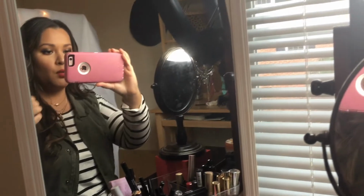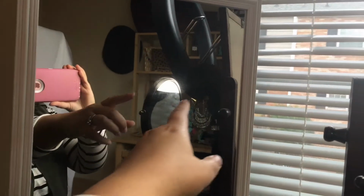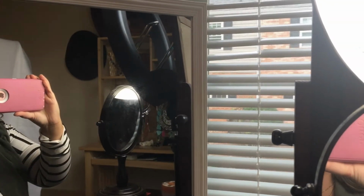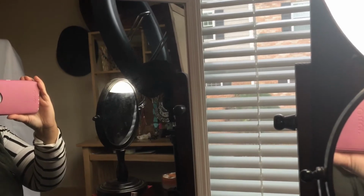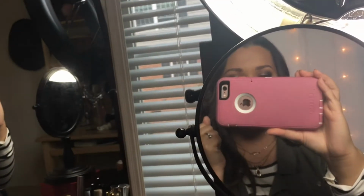And then when I'm sitting down, I can always see myself in a monitor of sorts. I have this little cheap mirror from Walmart, and I just kind of place it next to my vanity at an angle, and then I can look over in this direction, and then usually right over here I can see the reflection on my camera, and that's kind of my little monitor, so I know if I'm in the shot, and I know how close to stick products to my camera where the camera will focus